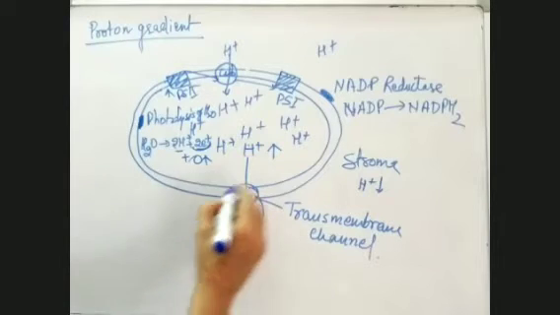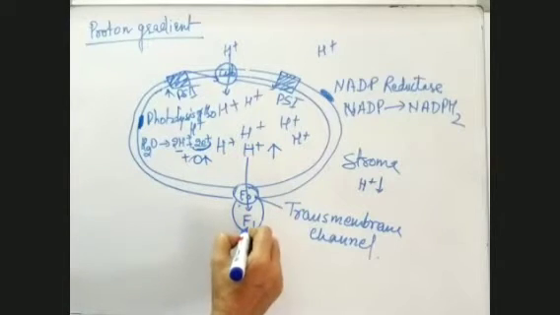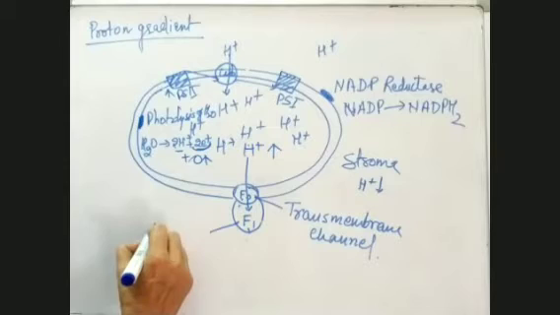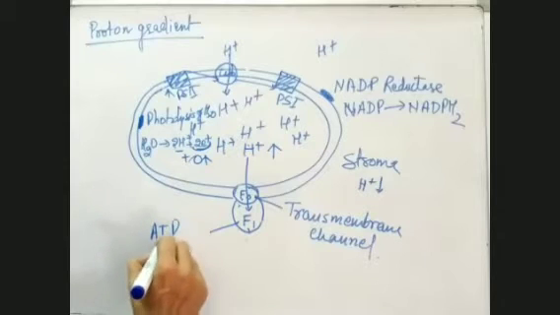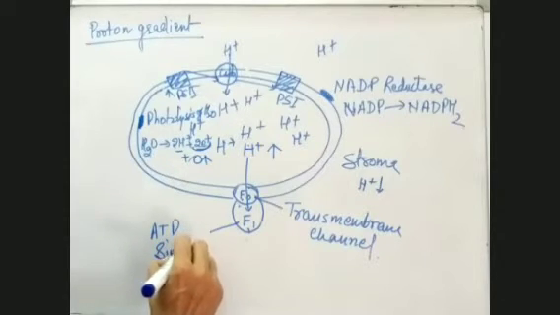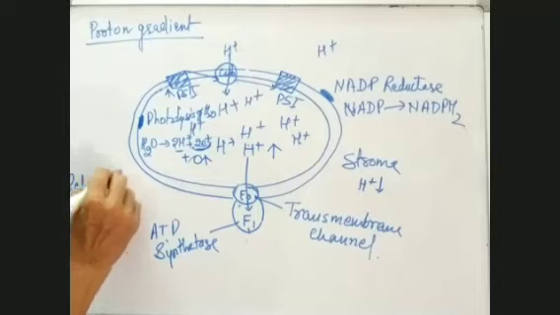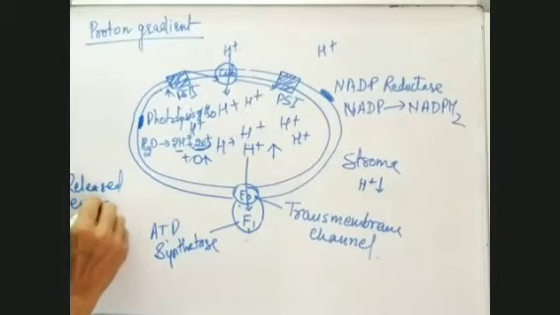Now, this is also known as ATP synthetase, that means the enzyme which helps in the synthesis of ATP. When the protons start coming out of this, the proton gradient is broken and energy is released. This released energy is utilized for